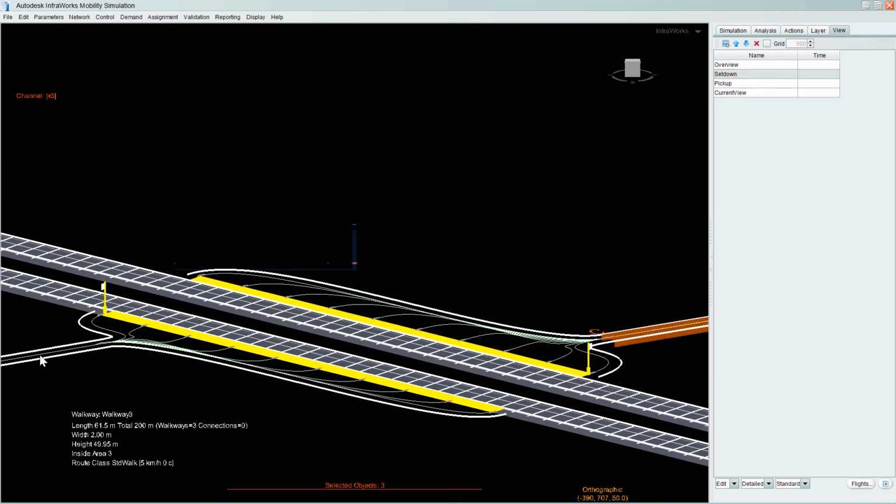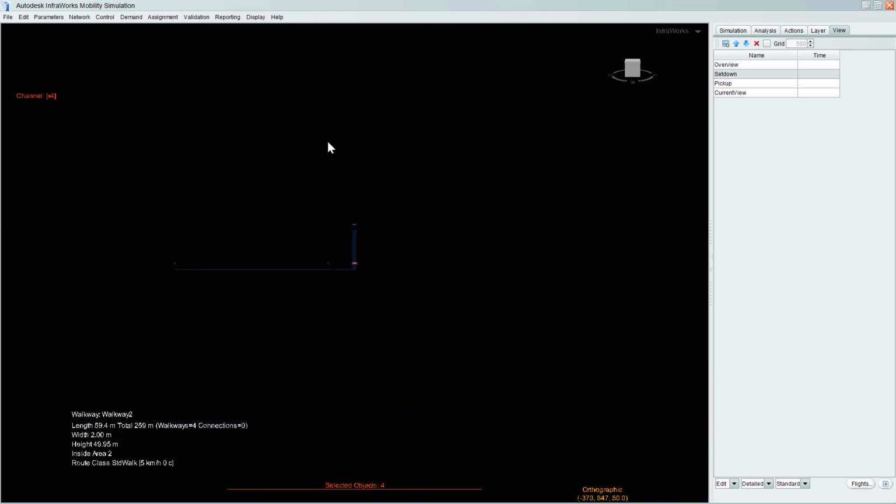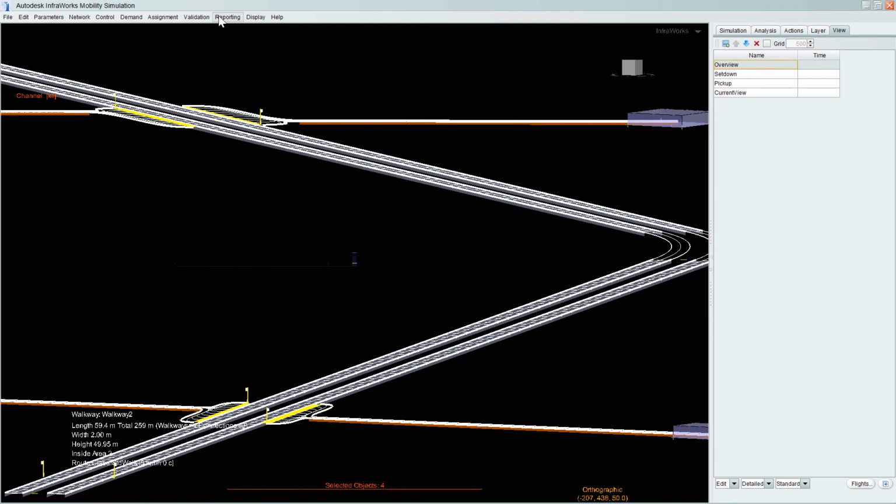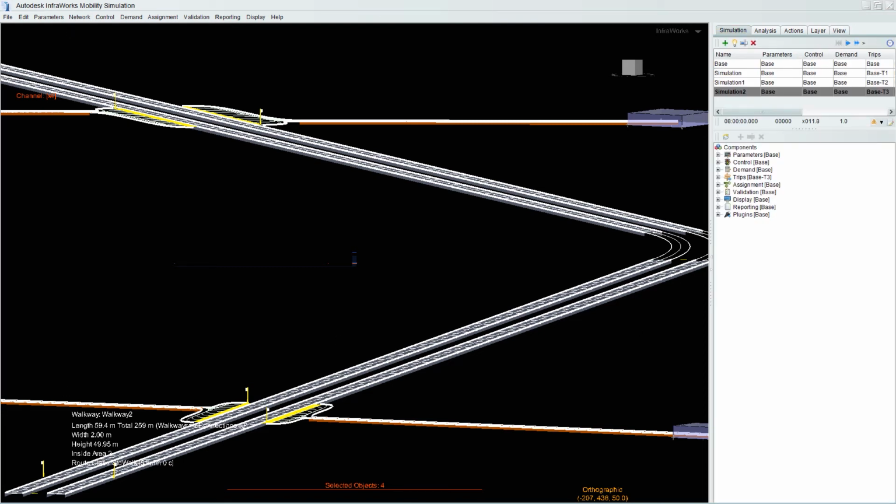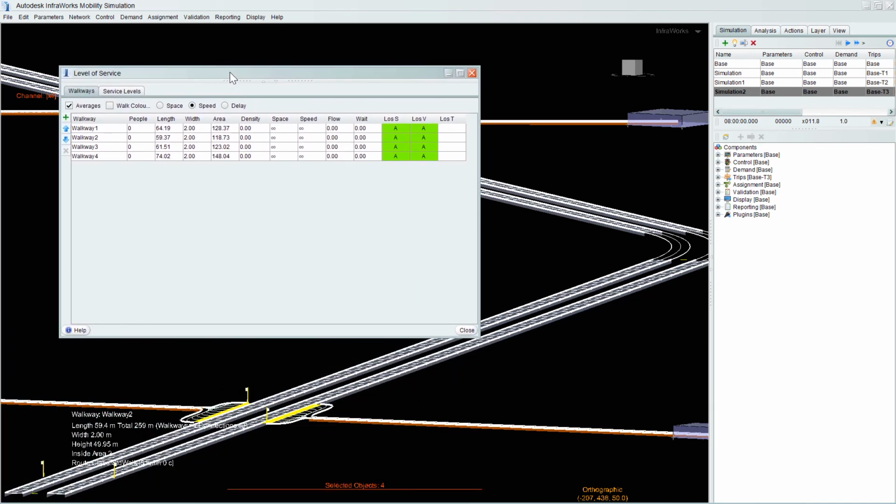We can get a level of service for those 4 walkways. So if I go to reporting, level of service, move that over there. So you can see we have the 4 walkways, and as that runs,